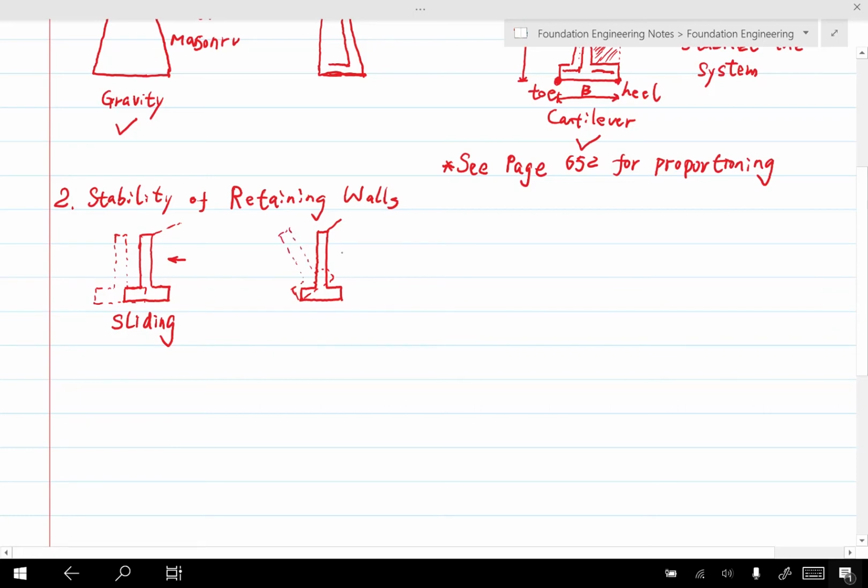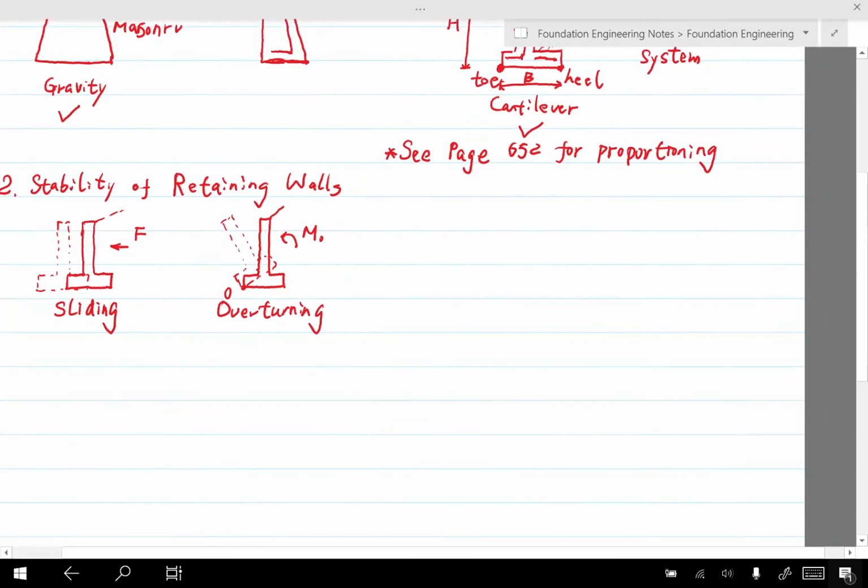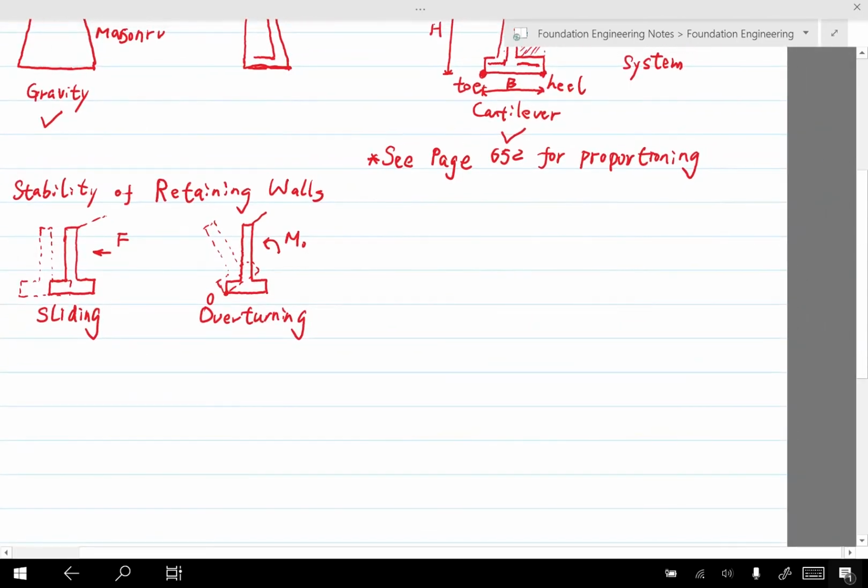And this one is caused by the overturning moment. So it's not a force, it's an overturning moment. And the toe, we usually call it O, point O. And this is the overturning failure mode. The third type of failure